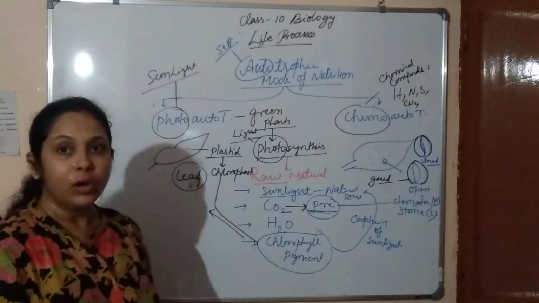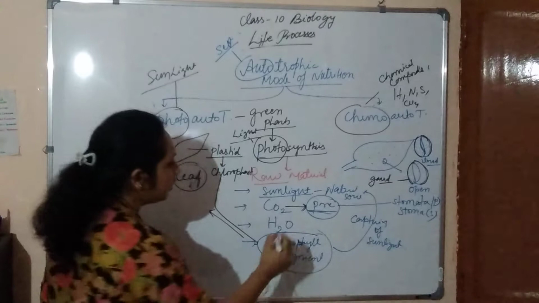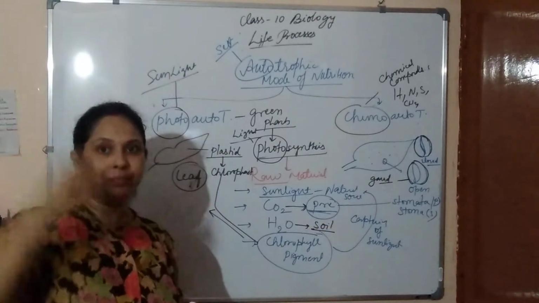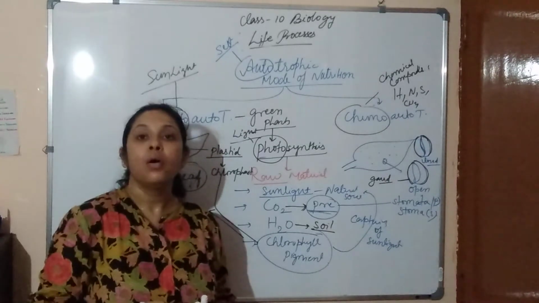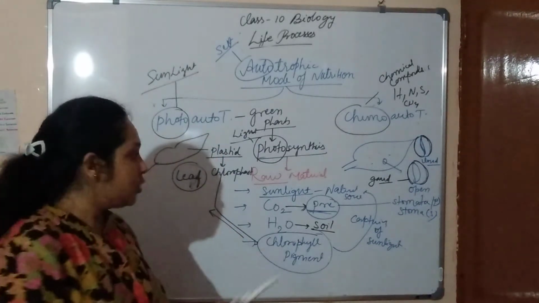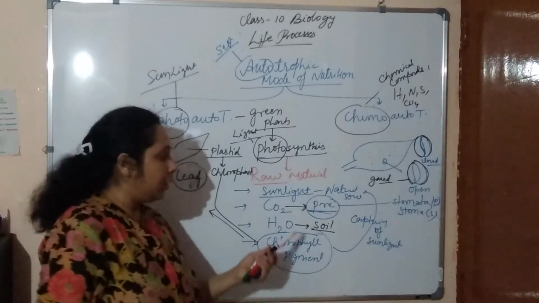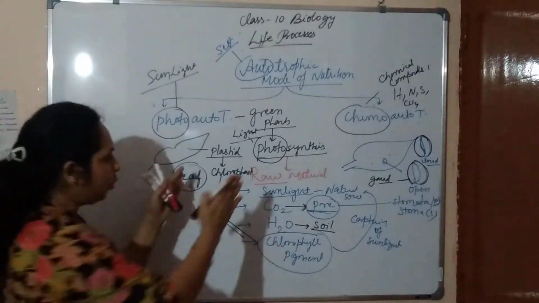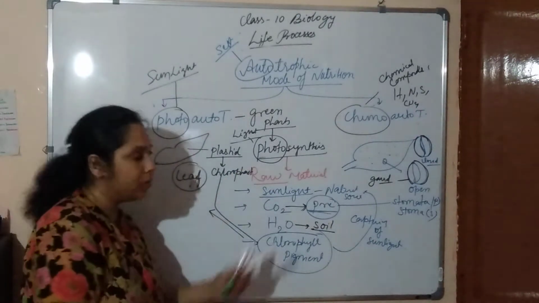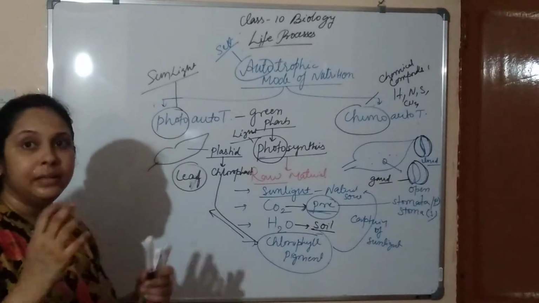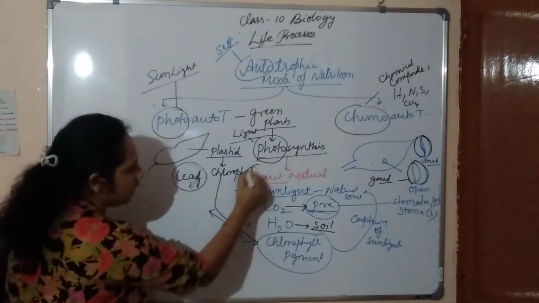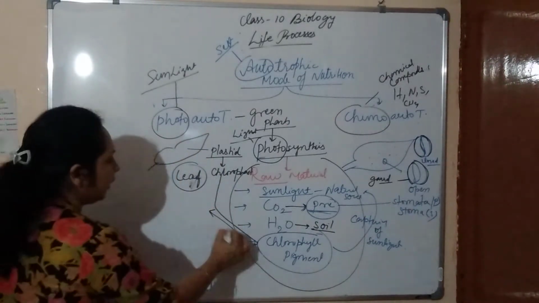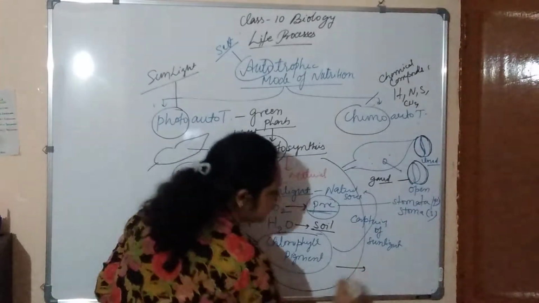And from where do the plants get the water? The water they get from the soil through the xylem. We know that the transportation of water takes place through the xylem. So water is taken from the soil. Now we are done with all the raw materials required for photosynthesis, and then all these things are put together, and they do the process called photosynthesis, where